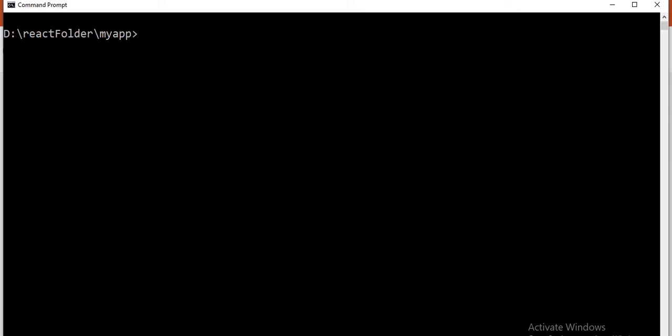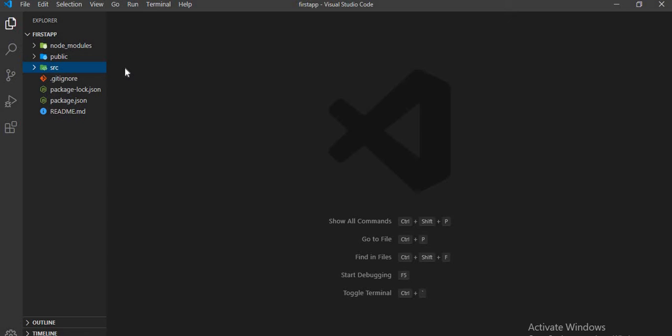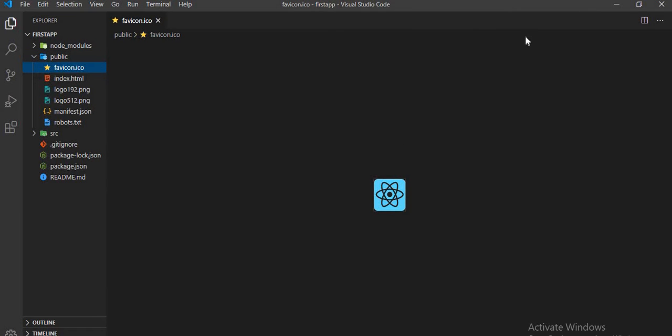If you are outside of your folder, just navigate inside it. Okay, so as you can see here, we have our first React app. Now let's get back to the VS Code. As we have already discussed node modules and package.json in our last class, let's talk about this public folder. The first file we have here is favicon. Let's click on it. This file has an icon which you can see here, and if you want to replace it with your own icon, you can do that easily, but try to give the same name for your icon. Otherwise you have to change the icon name manually in a few places.